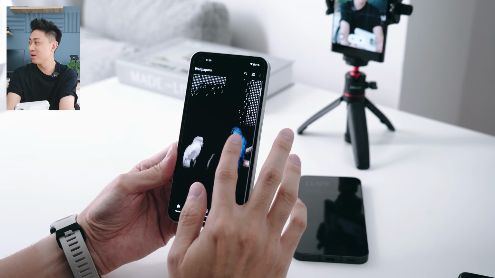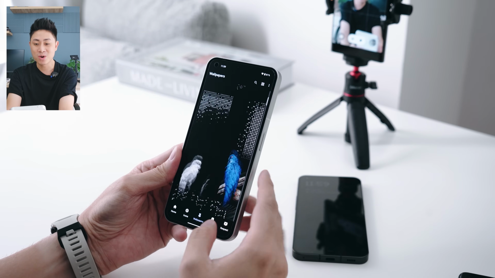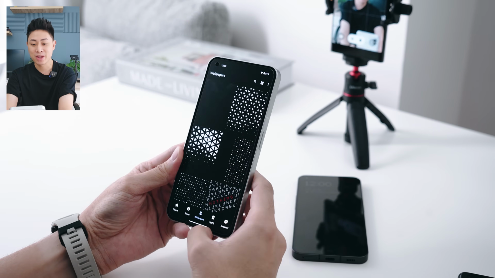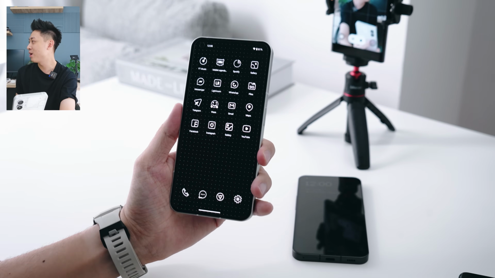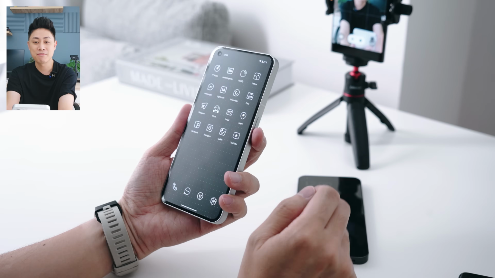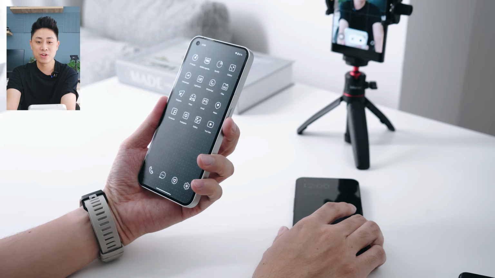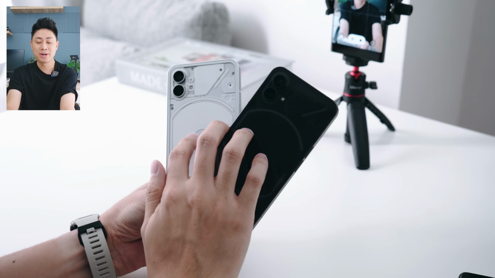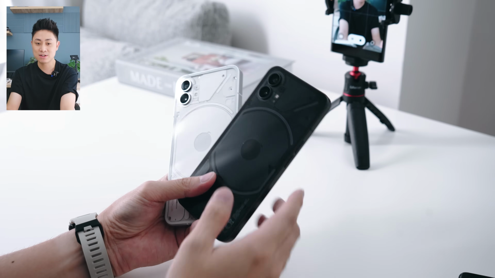You have a whole gallery of really cool wallpapers that you might actually want to use, such as this lock screen, which I think is just fantastic, by the way. And of course, you have this particular one, which I think works very well with the overall look of the Nothing Phone 1. Alright, that's it, guys. A very quick, or not so quick, video of the latest Nothing OS 1.5.2 running on both my devices. It has made the experience even better, even faster, and